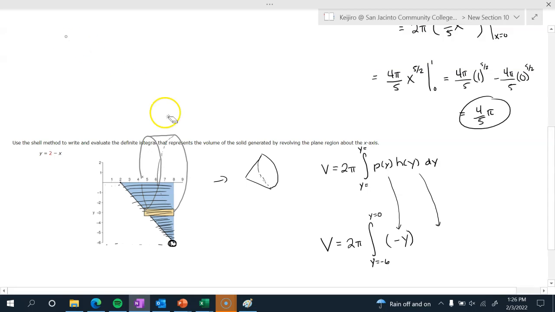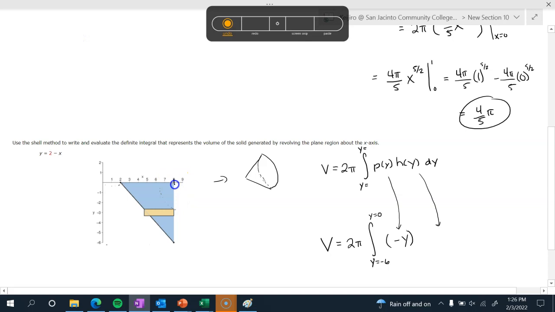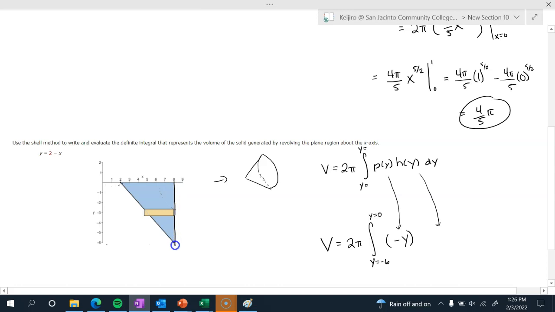If you look at these shells, or these slices, you might notice that this is a case in which we have sort of a top minus bottom, or right curve minus left curve kind of situation, because the curve that forms the top of this little slice is the curve x equals 8, and the curve that forms the bottom of this slice is x equals